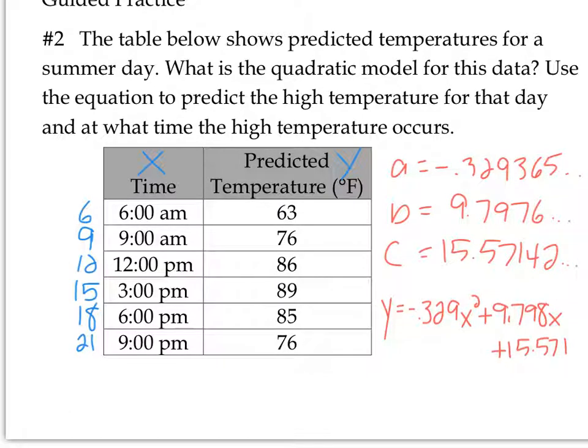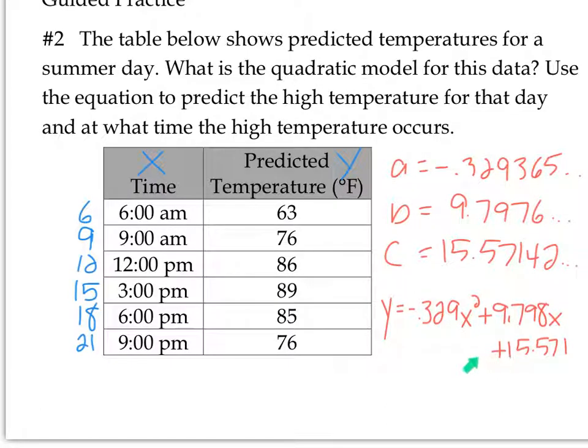You're going to see just some points right now. So go to your y equals and enter this equation that we just had here. Okay? So in your y equals, make sure there's nothing else under y equals, you're going to enter negative 0.329x squared. Then you're going to do plus 9.798x,